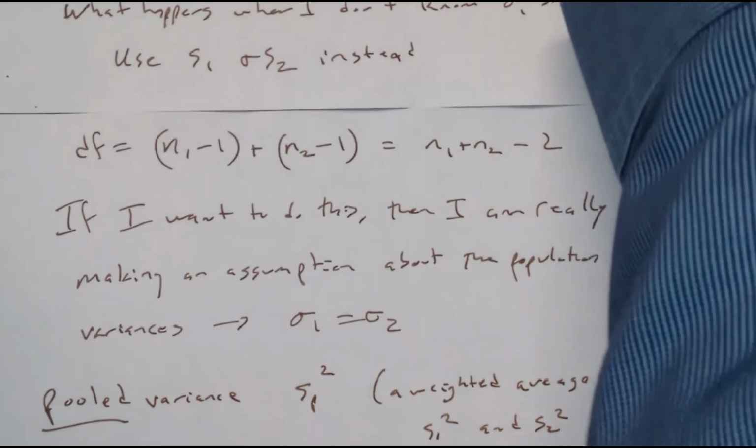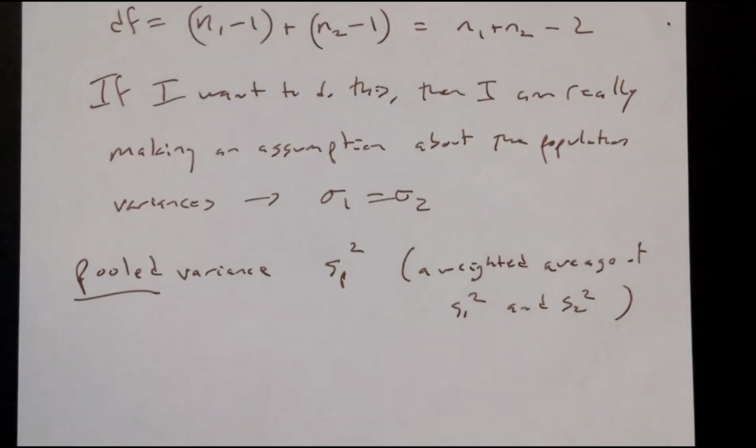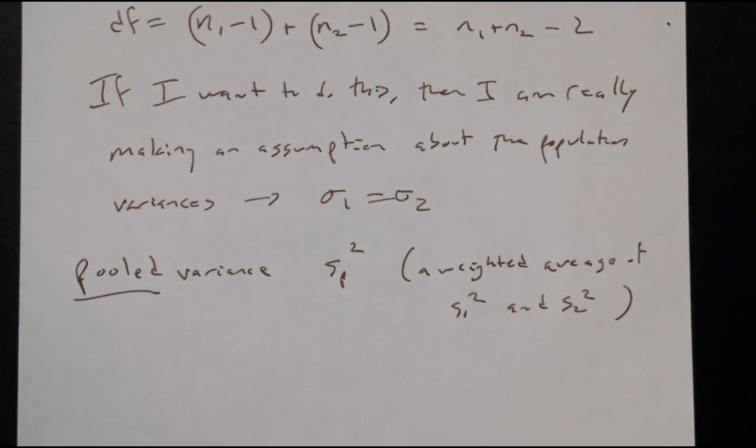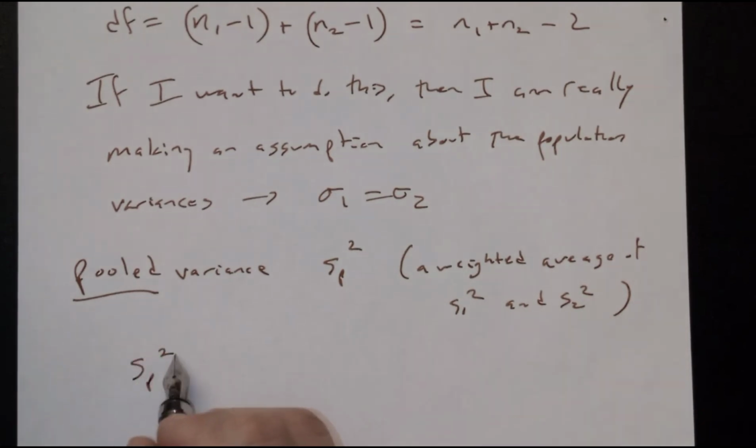And it's really a weighted average of the variances, S1 squared and S2 squared, so SP squared. So we're going to define this. SP squared